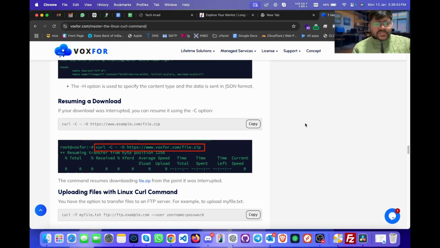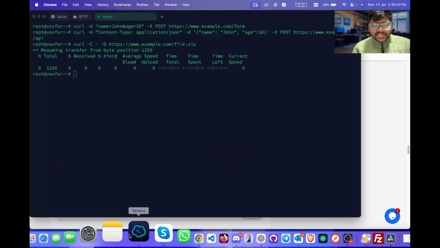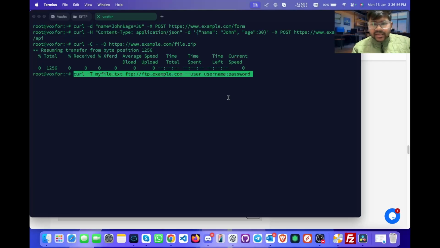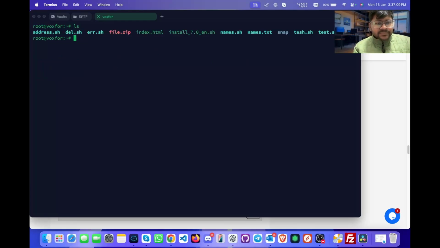And just like this, let's say I just want to upload any file from my server to a destination server. So what I can do is I can copy this command, this syntax of the command, paste it over here, and before pasting we have to make sure of which file we are sending from our side. So let's say I just want to send the file. I don't have the file name with me right now, so I'll just do ls, and let's say I just want to send the del.sh file. Now instead of the my file.txt, I have to write over there del.sh,